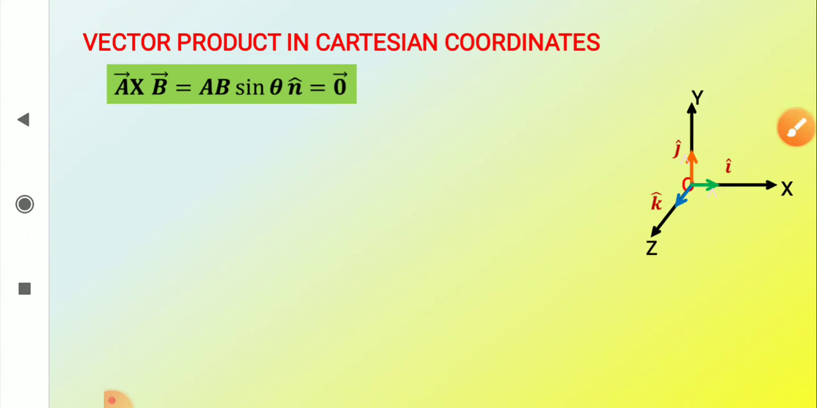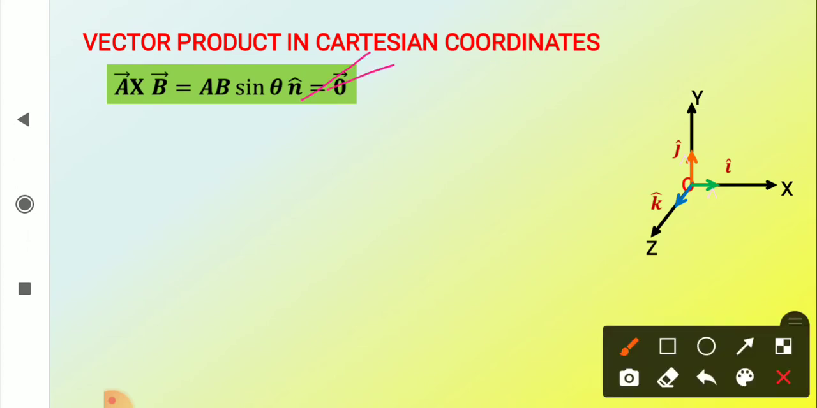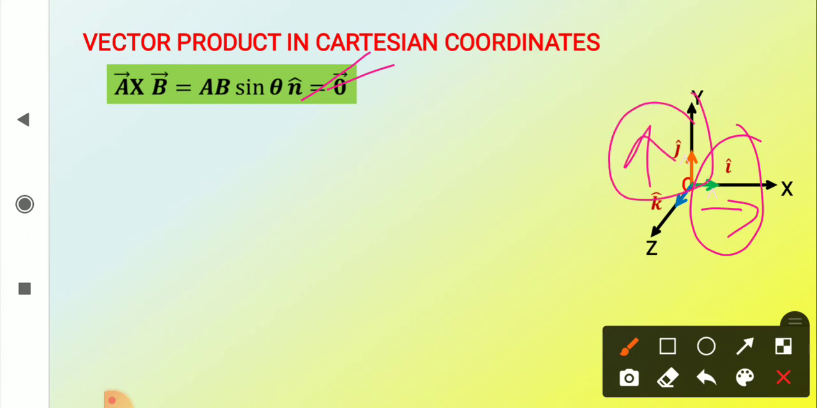So here, if you look at it, the angle between I cap and I cap, they will be parallel, 0 angle between them, so their cross product will be 0. The angle between j cap and j cap will be 0, they will be parallel so their product is also 0. And the angle between k cap and k cap will be 0, their product will also be 0. So I cross,